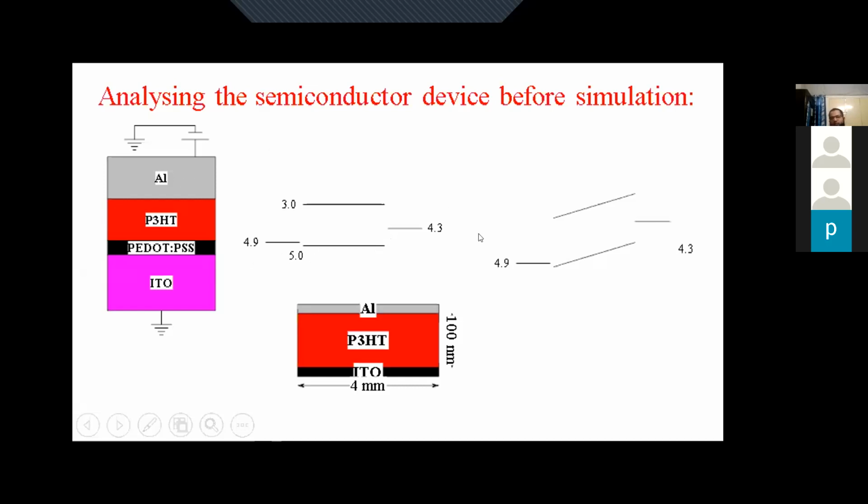Now, when we provide the bias to the structure, what happens is that due to the positive bias at this end, the work function will go down. So this is out of equilibrium. It will go down, but the barrier between this electrode and the semiconductor HOMO level still has to be constant. So for that, the semiconductor levels align themselves, thereby resulting in an electric field.